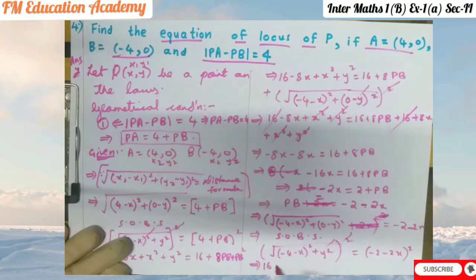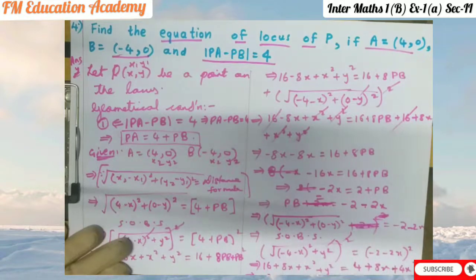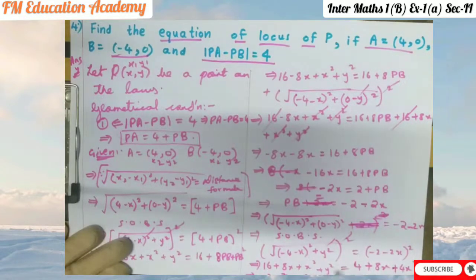Same thing, 4 4s are 16, minus 2 into minus 4 is plus 8x plus x square plus y square is equals to, this is the form of a minus b whole square. A is minus 2, b is minus 2x. So minus into minus is plus, 2 2s are 4, 4 2s are 8, 8x plus 2x whole square means 2 2s are 4, x into x is x square. Now we are having 4x square is as it is. So we'll take this x square that side, becomes 3x square. Plus y square we'll send that side, becomes minus y square.